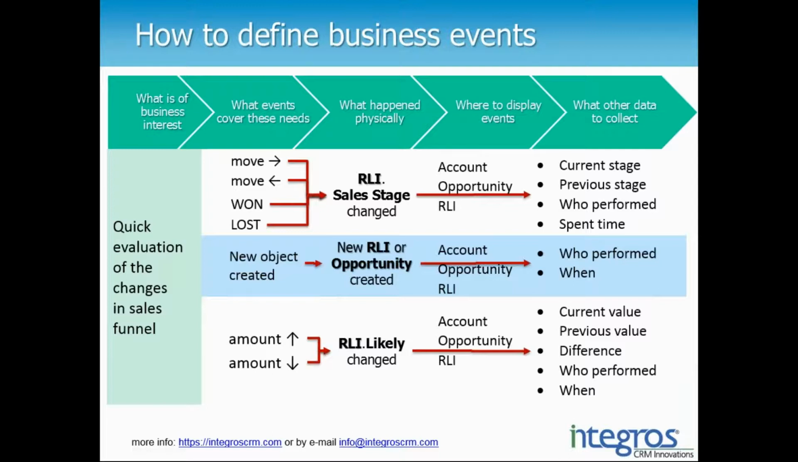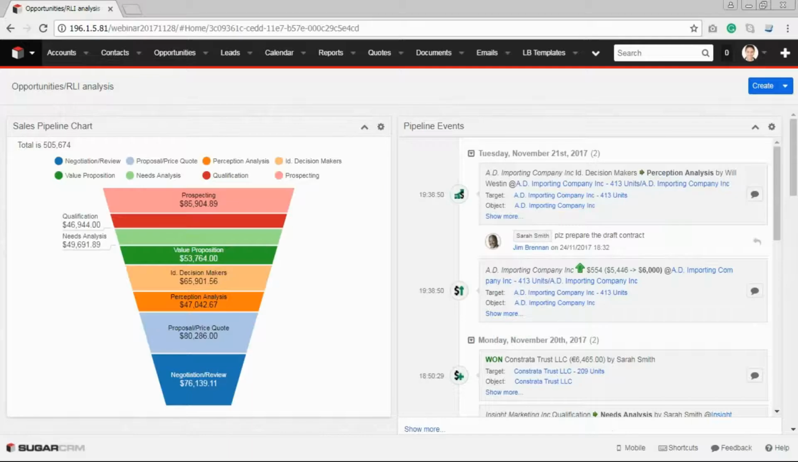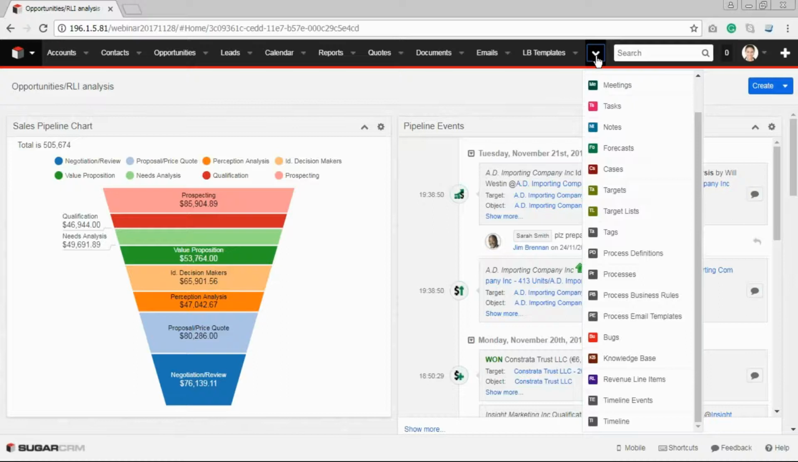Less words, more action. Let's build an event for revenue line item creation. Adding a new event consists of 3 steps: tuning event parameters, creating a fancy message in Sugar, and building the logic of events generation. So let's start from Sugar. Let me open it. And first, we need to define some kind of event type. For this, we navigate to the module Timeline Events,